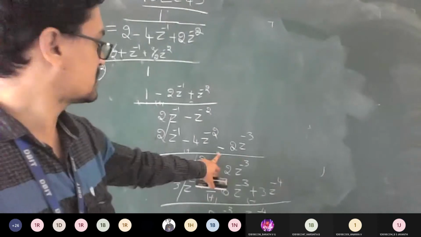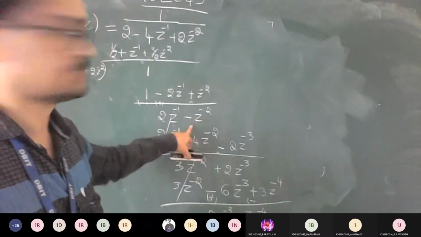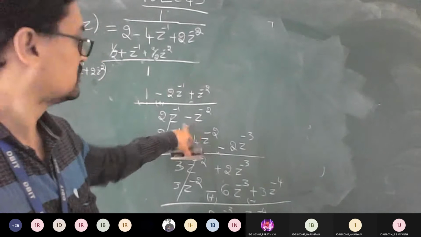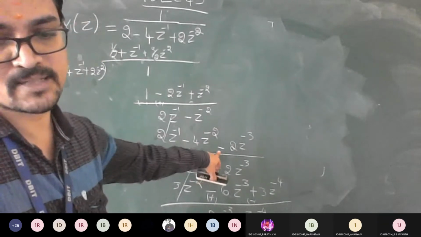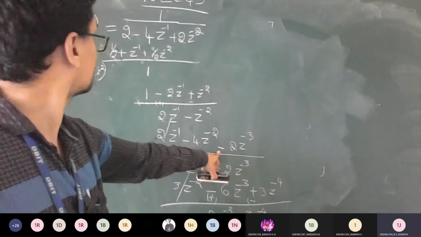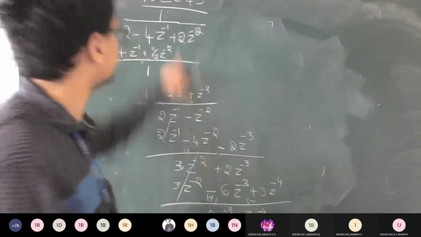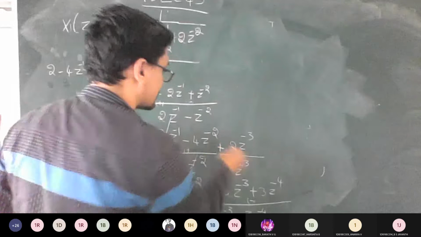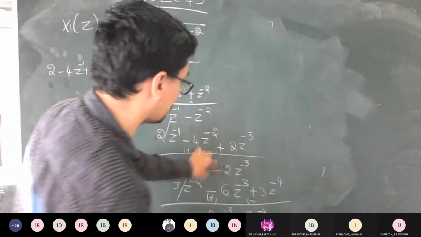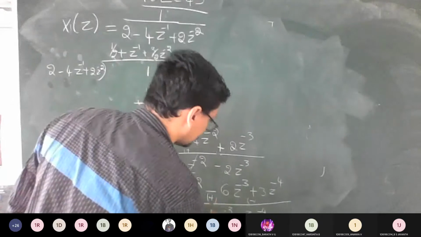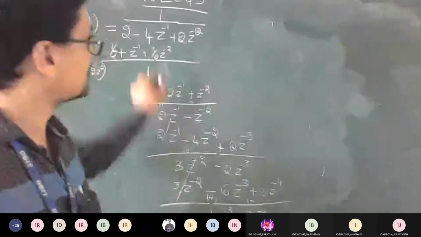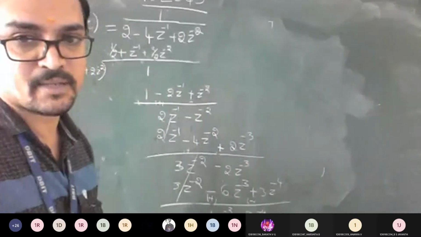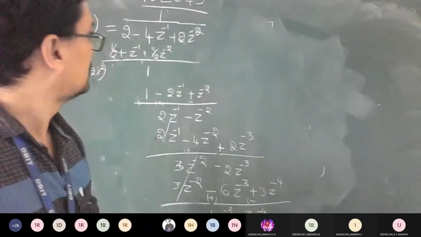So I think this is correct till here? Check out. z square minus 2 minus 4. So is it minus or plus? Sir, it's plus. Yeah, here I made a mistake. See, here I think it's positive only, right? So this is plus, so here we get minus. Because of that, this will be 4 only. Correct? Yes, sir. So be careful while handling the minus and plus symbols. So is it okay now?